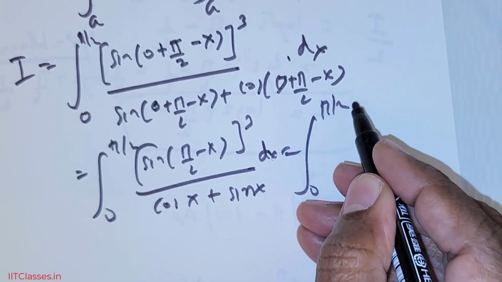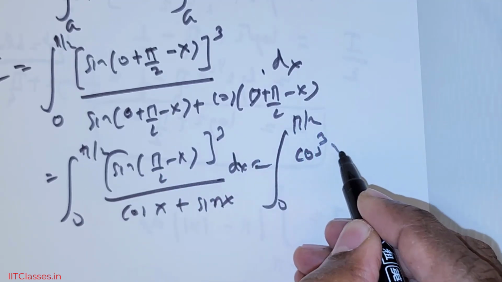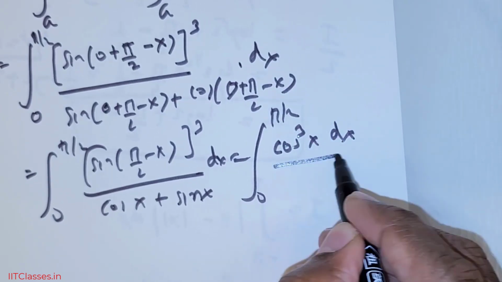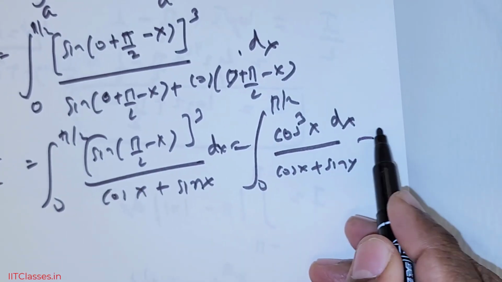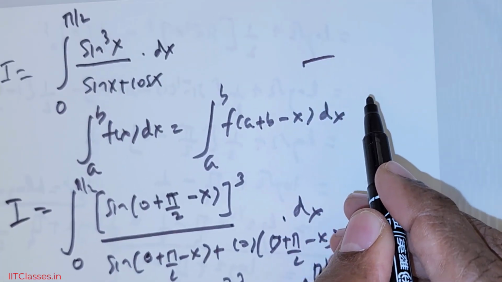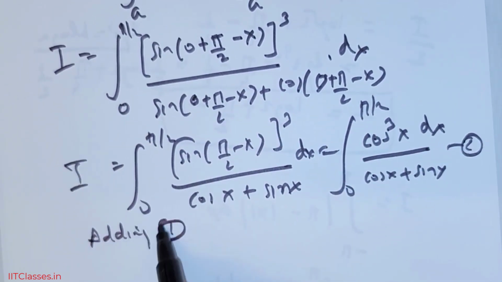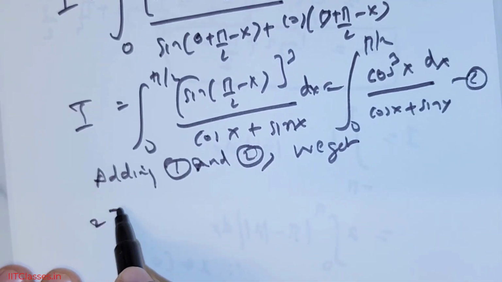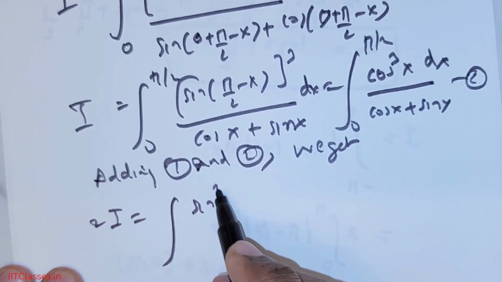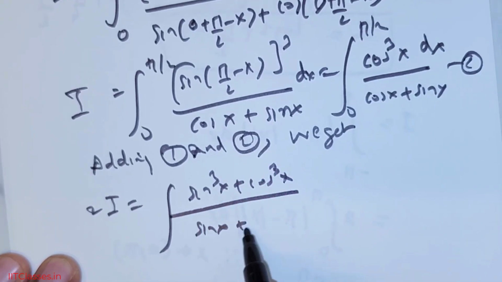This can be rewritten as 0 to pi over 2. This is going to be cos, since we have a cube there, cos cubed x times the dx divided by cos x plus sin x. I take this as I1, I take this as I2, adding I1 and I2, so what do we get? You get 2 times I is equal to sin cubed x plus cos cubed x divided by sin x plus